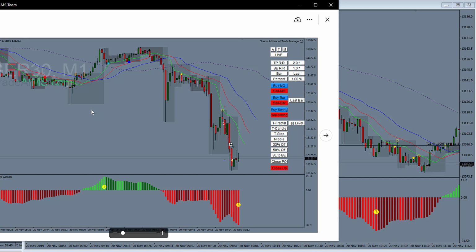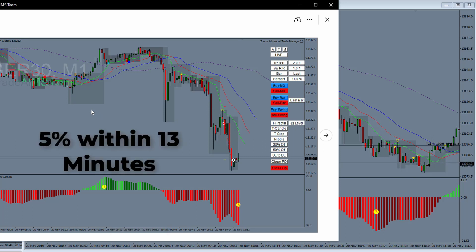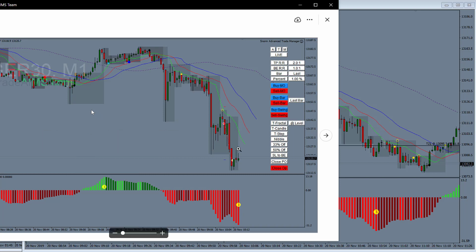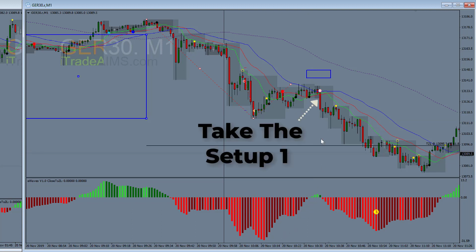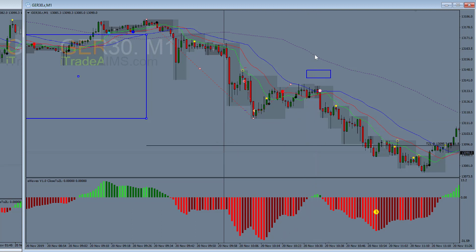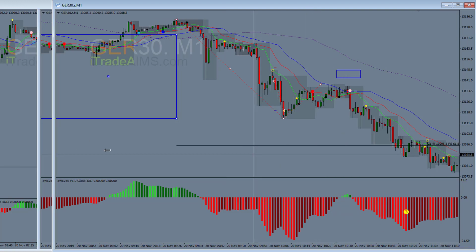So within 13 minutes of trading, I have 2 trades and a collective 5% profit. So then what happened? We have a LOBOT, we have a hunt. And so you're in stage 1, you're waiting for this, you see that price action, you see a nice peak, then you wait for the cross of the 0 line, you wait for the gator to sleep, purple is correct, you look at M5,